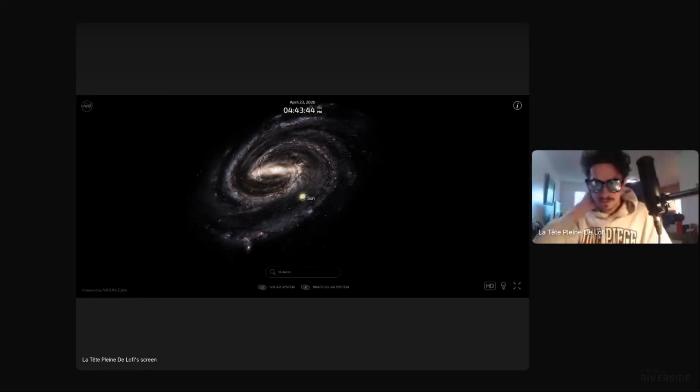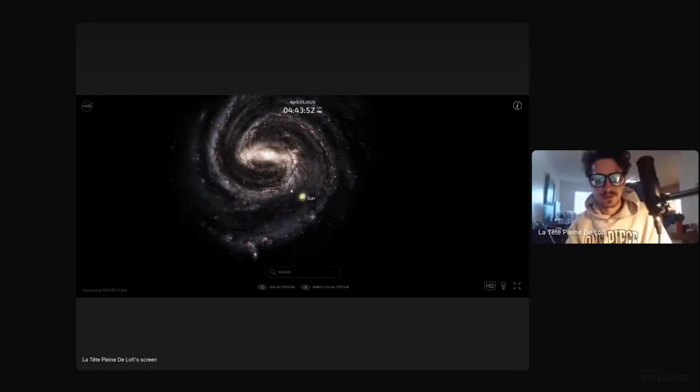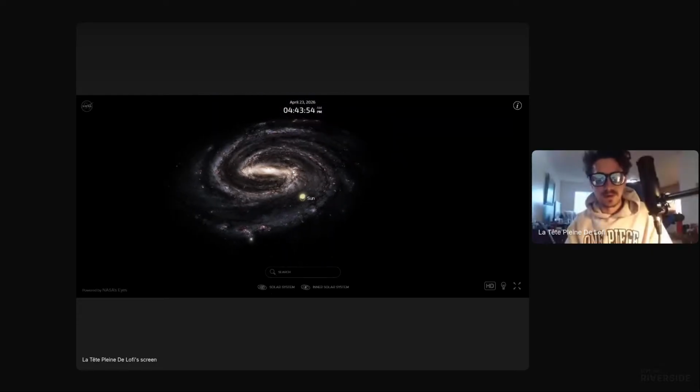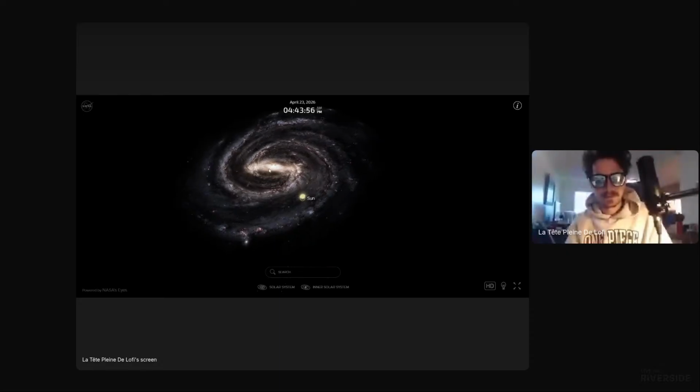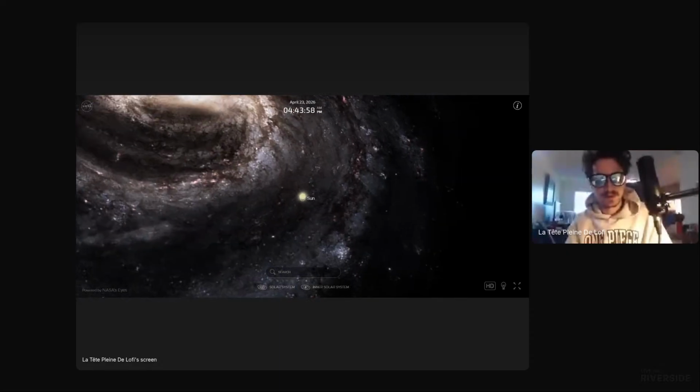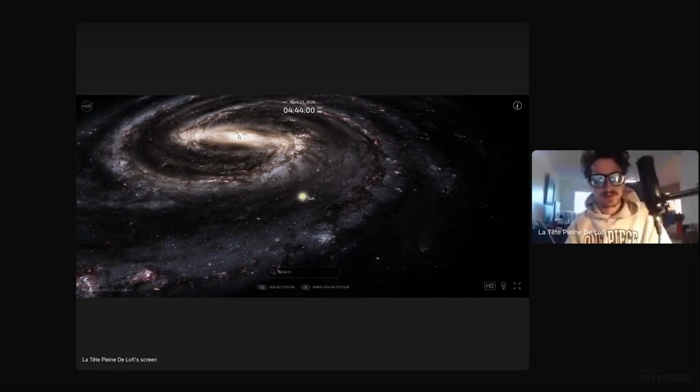This is the concurrent build for every sun, mass sun, and everything within the galaxy, the Milky Way. Let's zoom in over here, see if we can.